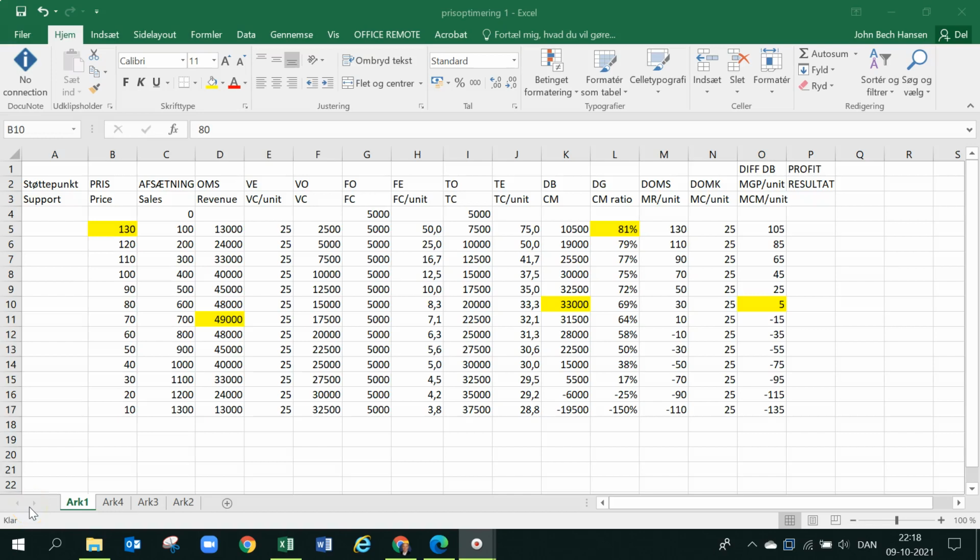Up to now, we have been talking about price optimization for a product in one market. But we also have something called price differentiation. And price differentiation is, as the word says, that we are using different prices in different markets. And of course, there are some conditions